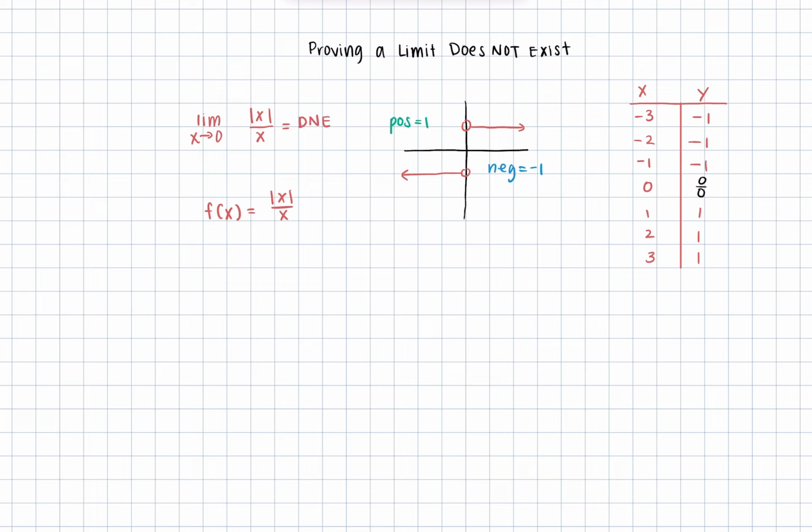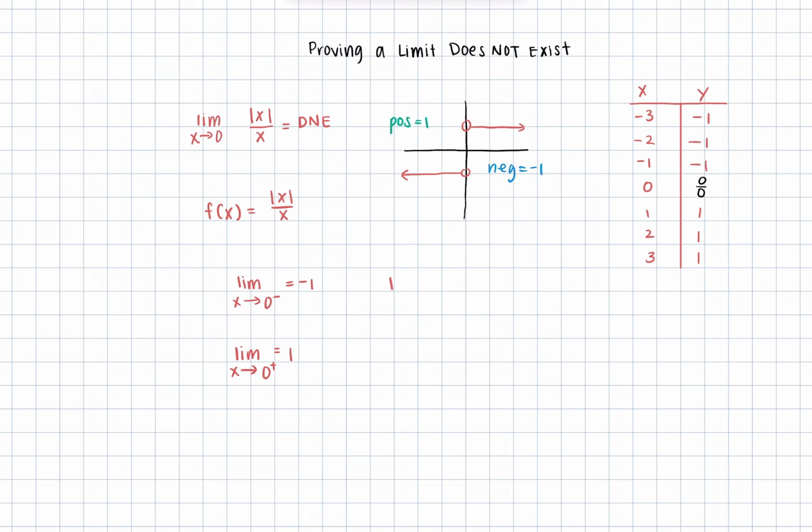So we're going to write it using the notation that we learned from our one-sided video. So the limit as x approaches 0 from the left-hand side, the negative side, equals -1. And the limit as x approaches 0 from the positive side equals +1. And we can set these